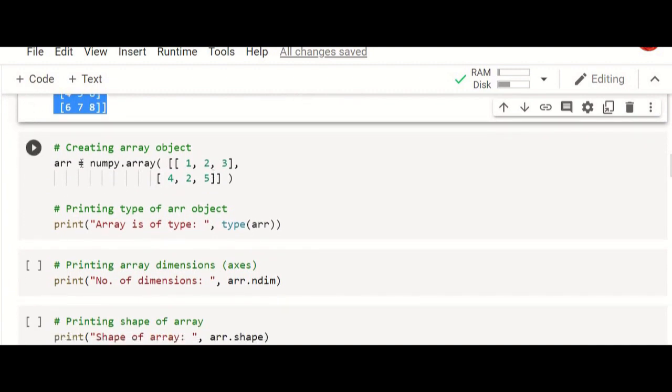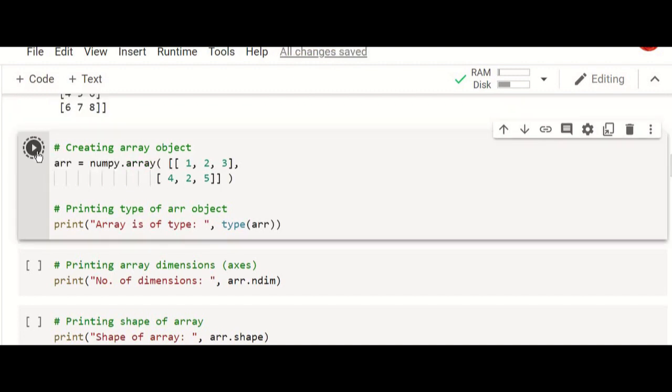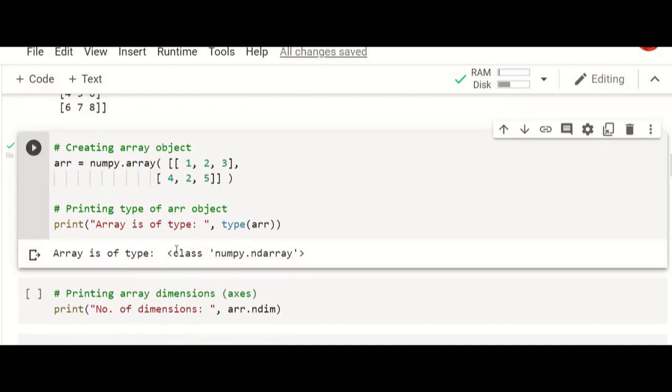And this is an example of creating another NumPy array. So array equal to numpy.array. So we have just implemented, and after this, if we display the type of the array, again for this also you will get numpy.ndarray. Whether it is a 1-dimensional array or 2-dimensional array, the data type will be numpy.ndarray.